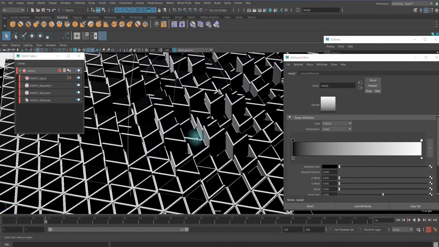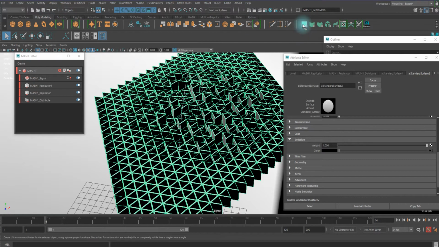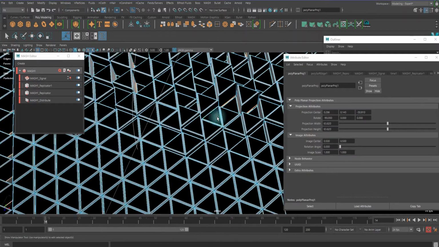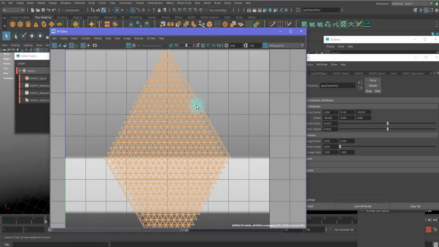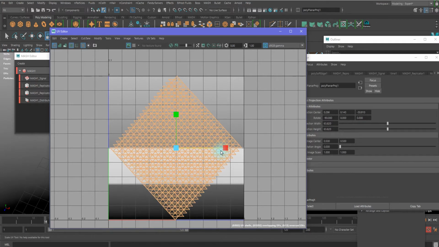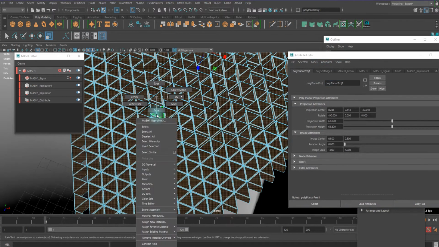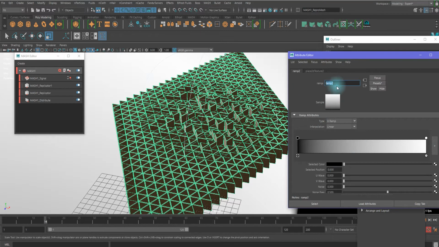But before we do that, we should unwrap it first. So I'm gonna use the simple planar mapping there. So if you see it in a UV editor, it simply maps like that. It can simply fit in 0 to 1 space. Now it's gonna work with the ramp shader. So let's go back to the ramp texture,